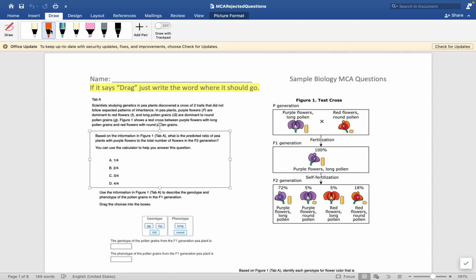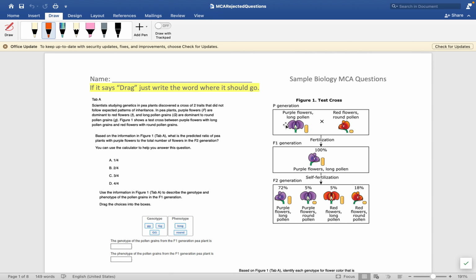I'll do my best to go through the answer keys and explain what is going on here. So, first question. Scientists studying genetics in pea plants discovered a cross of two traits that did not follow expected patterns of inheritance. Purple flowers, F, are dominant to red flowers, lowercase f. Long pollen grains, capital G, are dominant to round. Figure 1 shows a test cross between purple flowers with long pollen grains and red flowers with round pollen